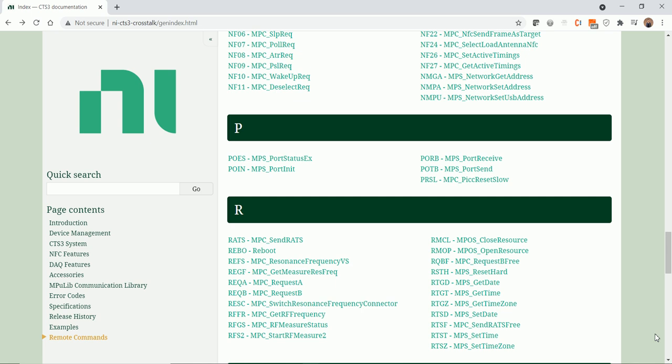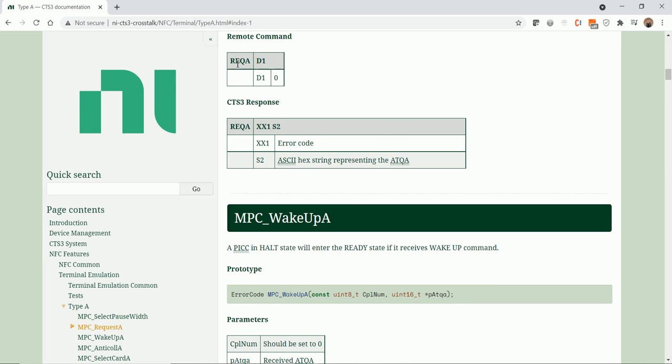So let's take a simple example such as request A. We can see here the remote command is REQA, so we have the ASCII string REQA, and then we send it a number here, which in this case is 0. The CTS3 receives that information, executes a request A, gets the response from the card, converts that response into an ASCII string, and this is the response. So we'll get an error code. Typically, if this works correctly, the error code would be 0,